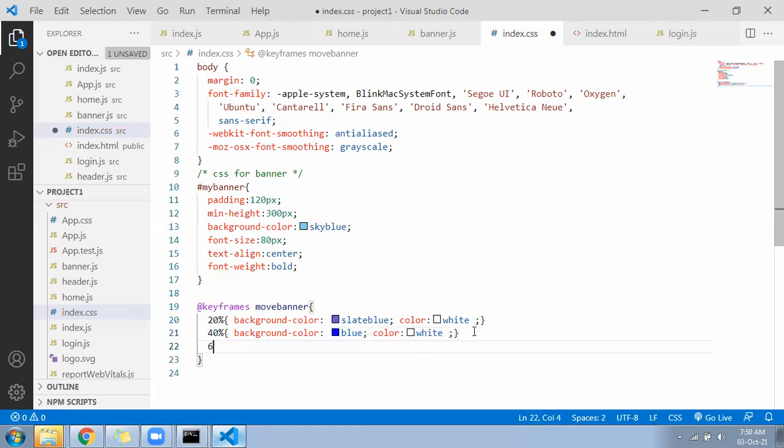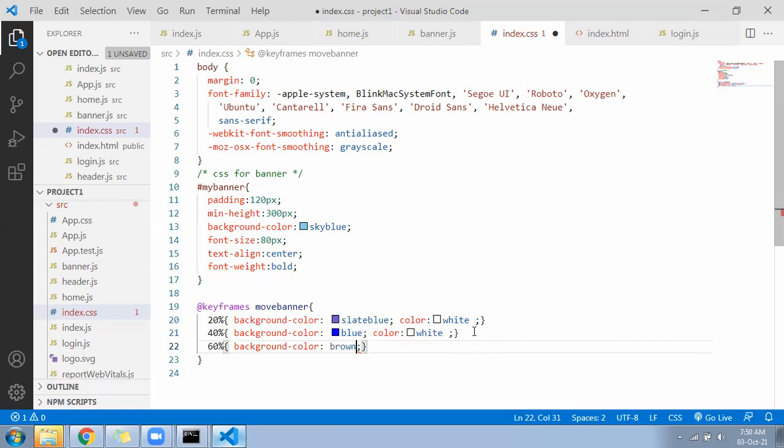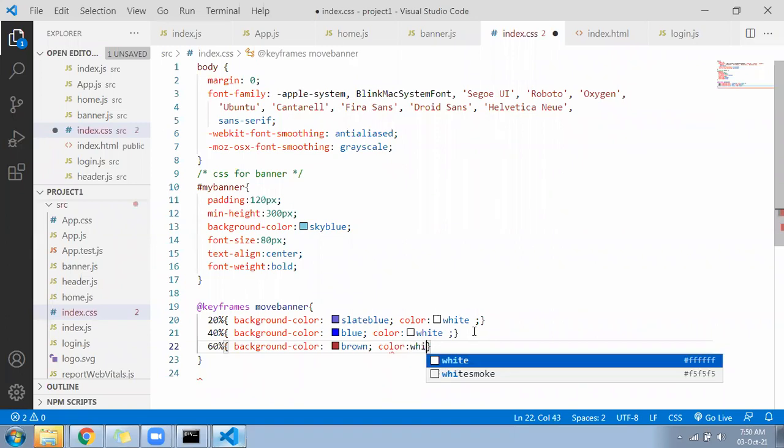When 60% time will get finished, background color brown color, color is white.